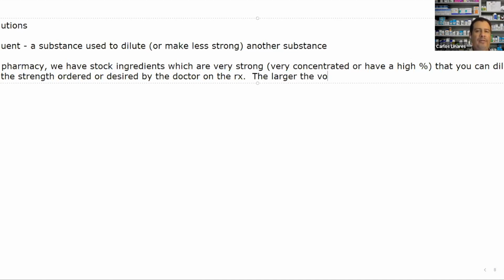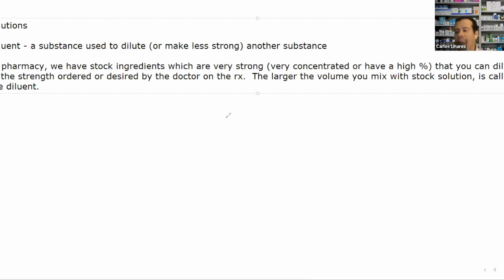The larger volume you mix with the stock solution is called the diluent. Okay, so let's look at this formula. The formula for diluting something is the following. We have Q1. Before I even show you the formula, let me just show you what these